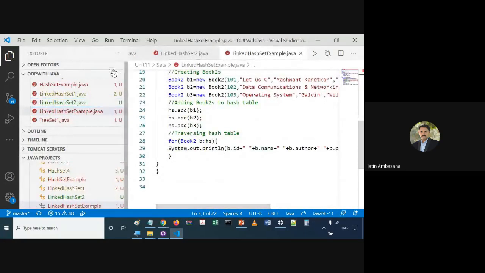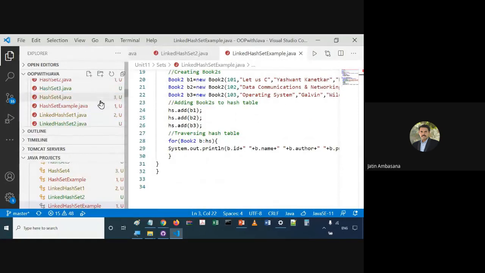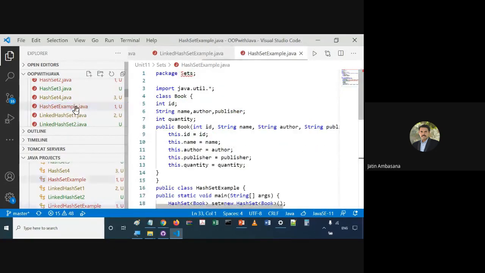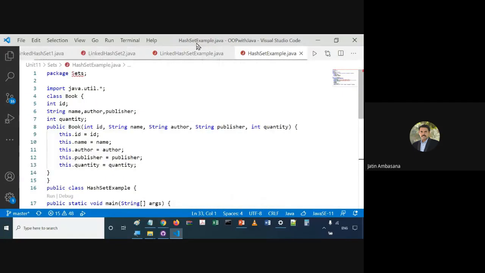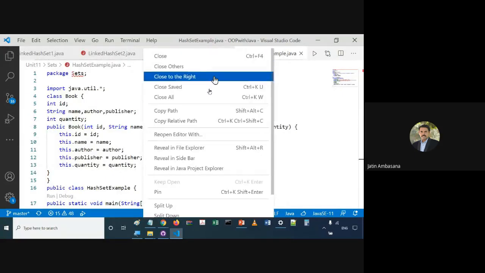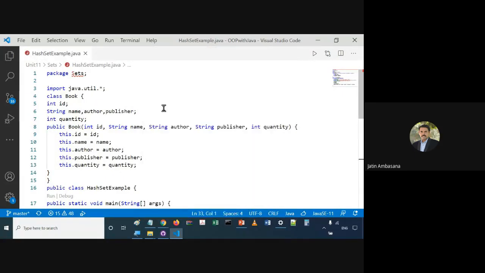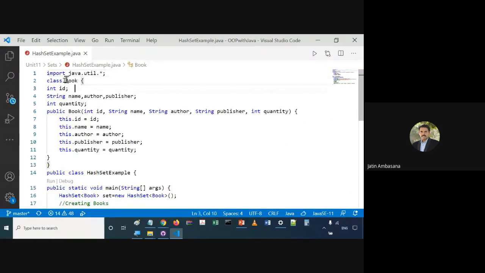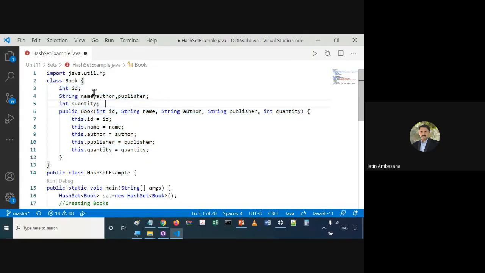Then comes this linked hash set example, and there is this hash set example also. We forgot to see that. Check this out. Here we have this Book class that we used previously, where we have 5 properties and we create a book object from those properties.